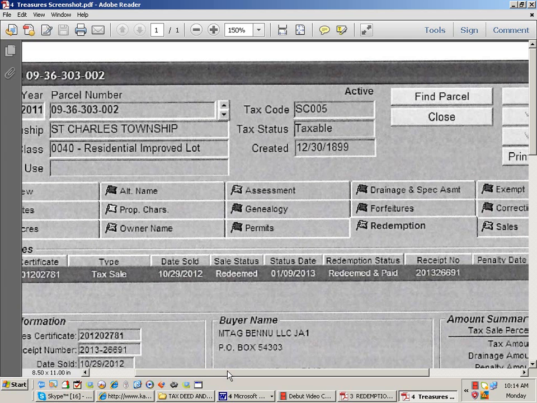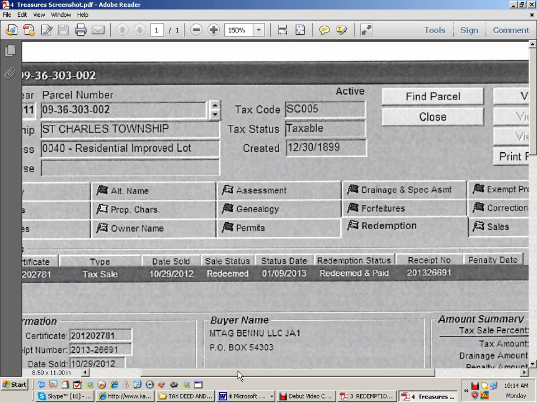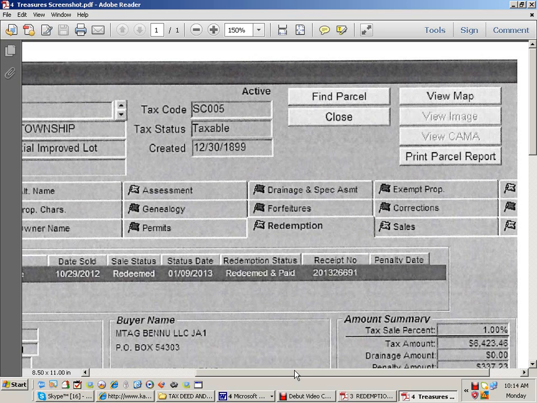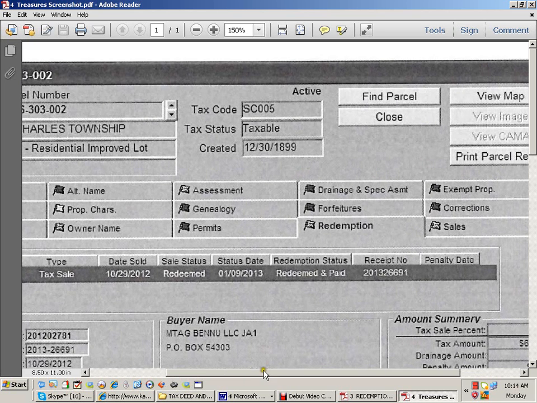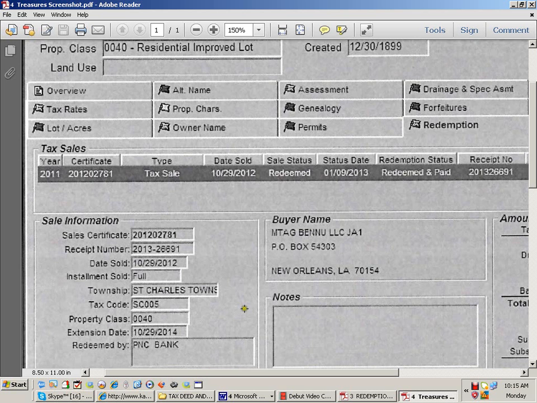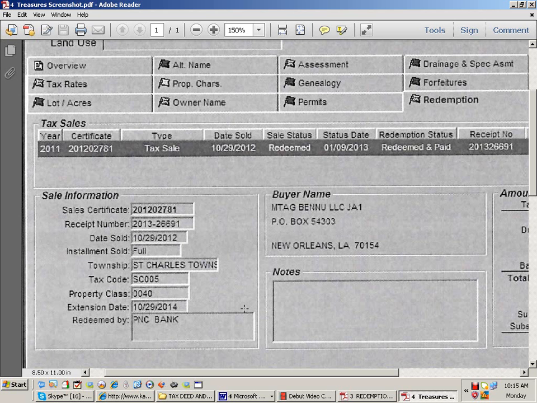Assessment, genealogy. That genealogy, that must be the complete history of this property. You think? Might be. The different permits. Because property is like a person, right? Person, genealogy. Exempt, corrections, sales, redemptions, forfeitures, old name, all the alternative history of this particular parcel number, basically. Okay, then we go down lower, and it's got year, certificate,